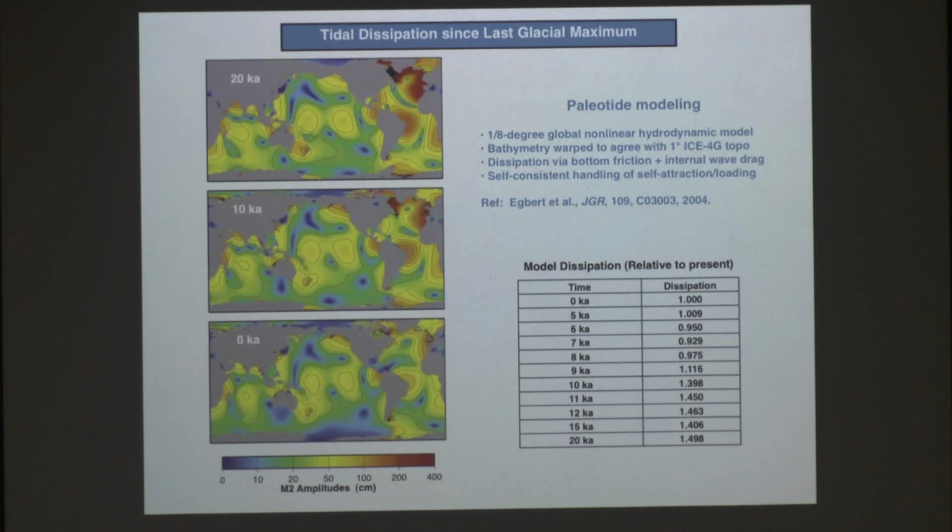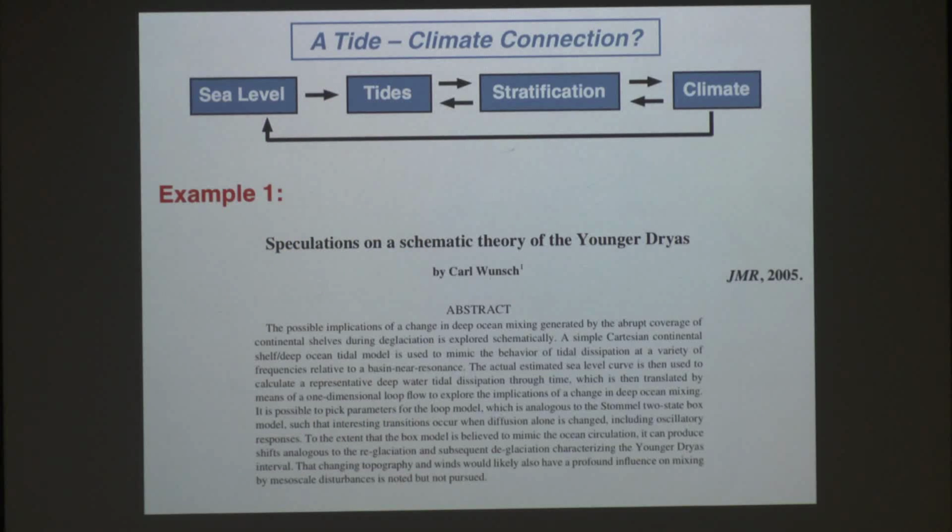So if all this story with tides and tidal mixing is true, then it got people thinking that maybe there are these feedbacks that could occur. You have sea level changing, that changes the tide. The tide changes the stratification because it generates baroclinic motion, and baroclinic motion in turn changes the tide. So you have a feedback right there. Stratification changes climate. As climate changes, it changes stratification. Climate changes, it changes sea level. So you have these loops like this,